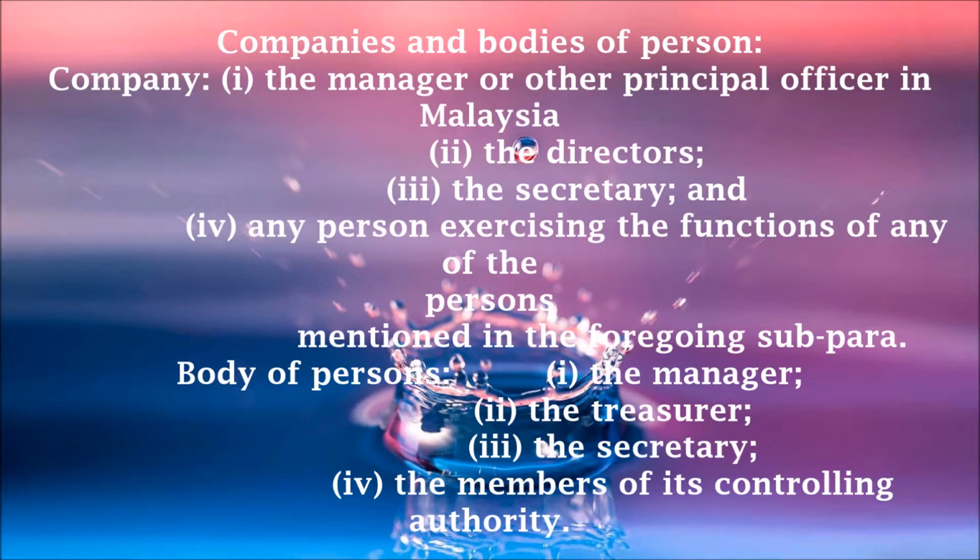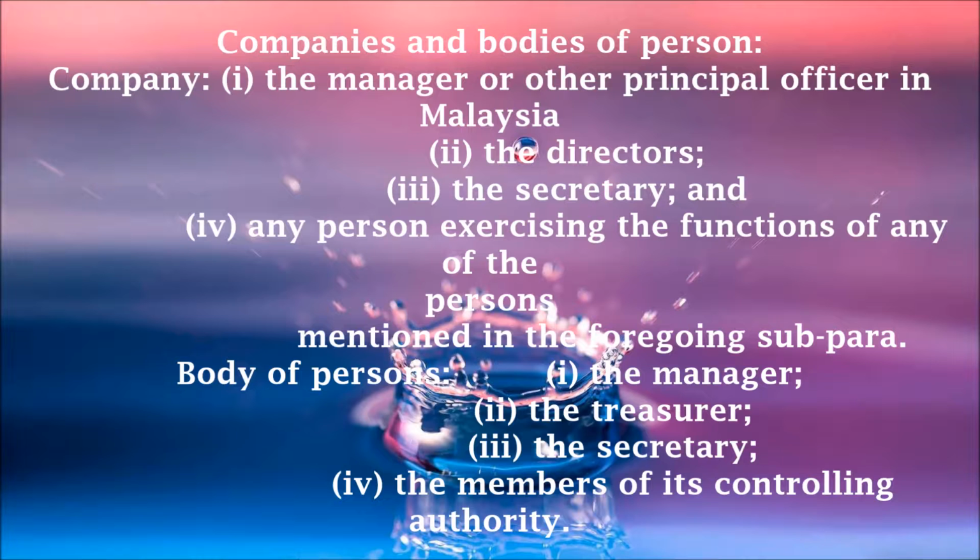Section 75 Subsection 1 sets out the chargeable person for company and body of persons. In the case of a company, the liability lies with the manager or other principal officer in Malaysia, the directors, the secretary and any person exercising the function of any of the persons mentioned in the foregoing subparagraph. For a body of persons, the liability lies with the manager, the treasurer, the secretary and the members of its controlling